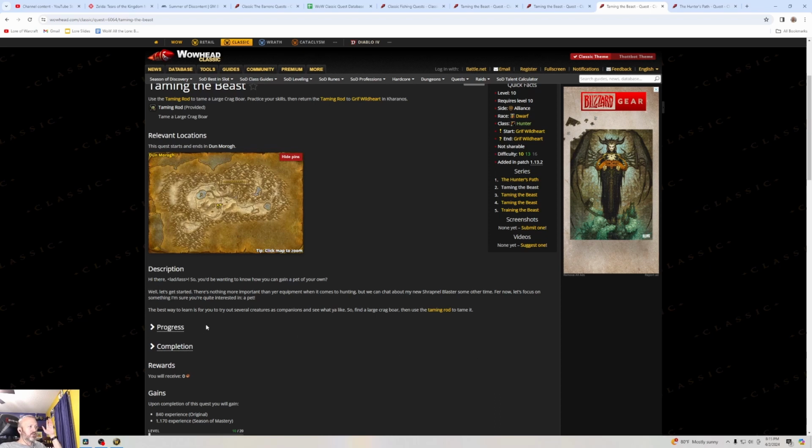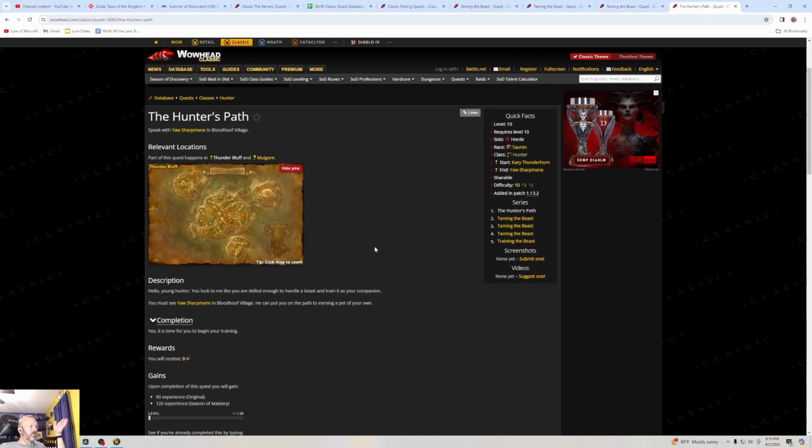The best way to learn is for you to try out several creatures as companions and see what you like. So find a large crag boar and use the taming rod to tame it. And finally, the Tauren